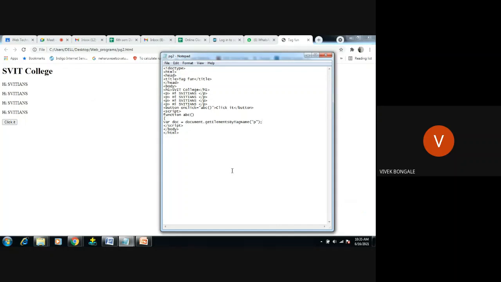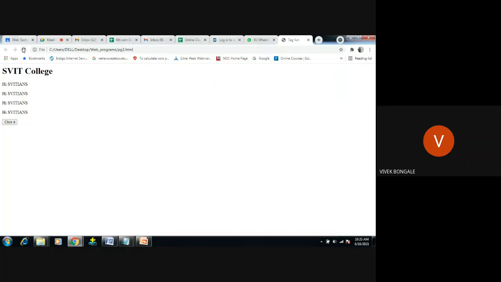Now what we will do? We'll do the modifications. Till now it just gets the element. What the DOM is doing here in JavaScript is just passing these values to the browser. If you have missed that part, let's see.